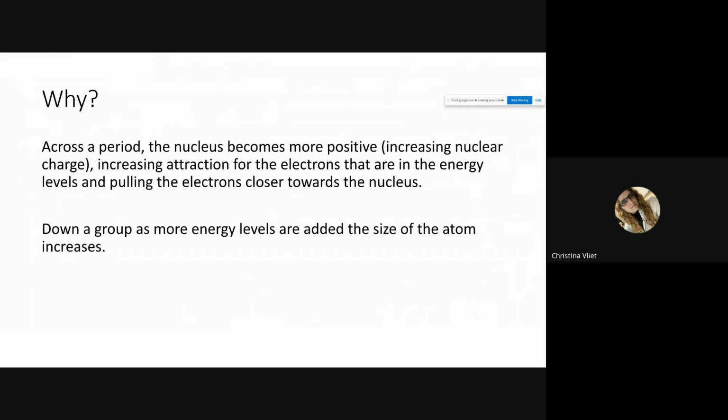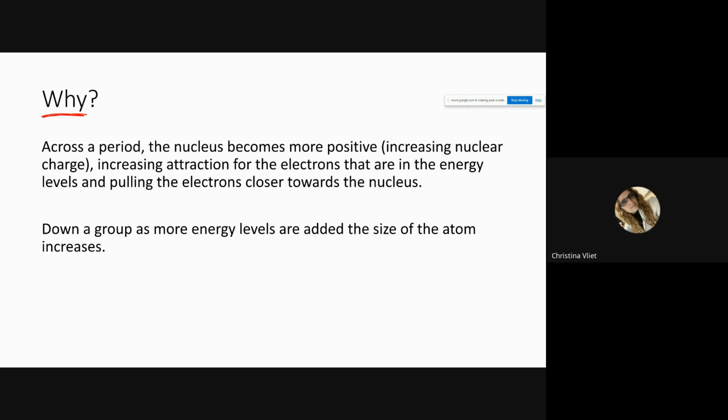Before I go over the second one, I wrote in words here why, what I described with the diagrams a little while ago. I went ahead and wrote that out here just in case you want to look at what you've written already and see if you need to add anything in. So the why about across a period, which means left to right. Did you write that the nucleus becomes more positive when you were writing the explanation? This increases the attraction for the electrons that are in the energy levels and pulls the electrons closer to the